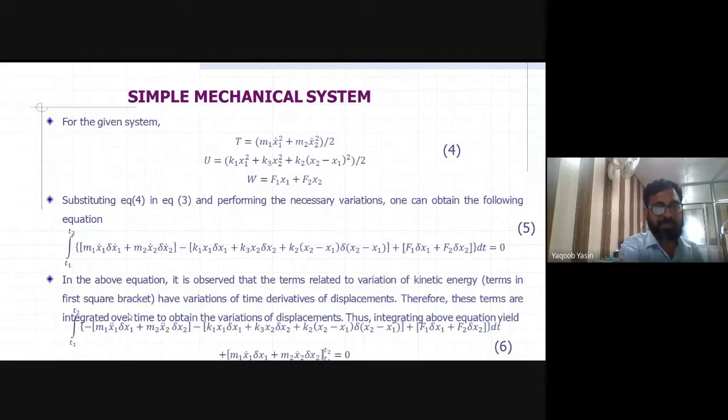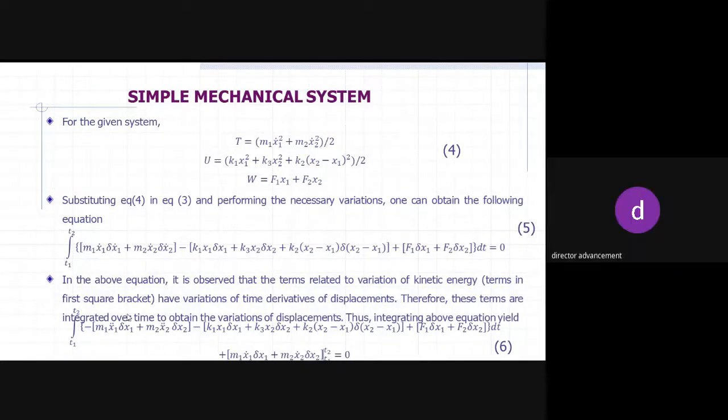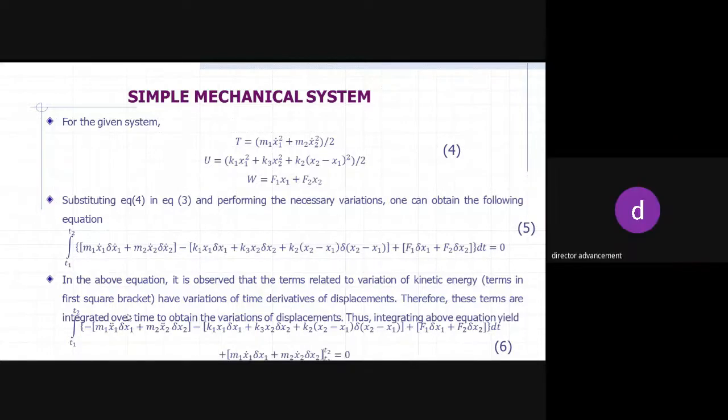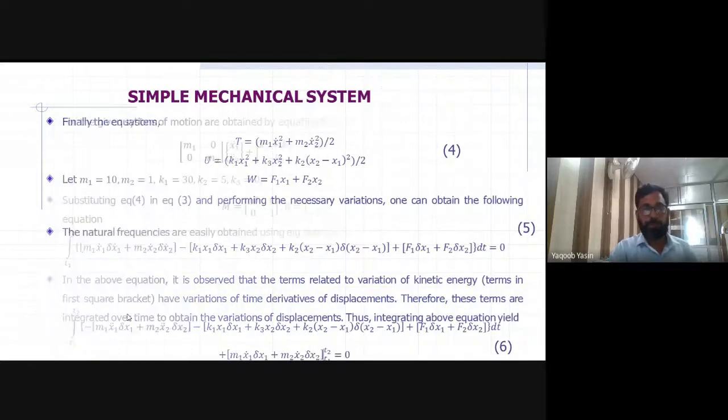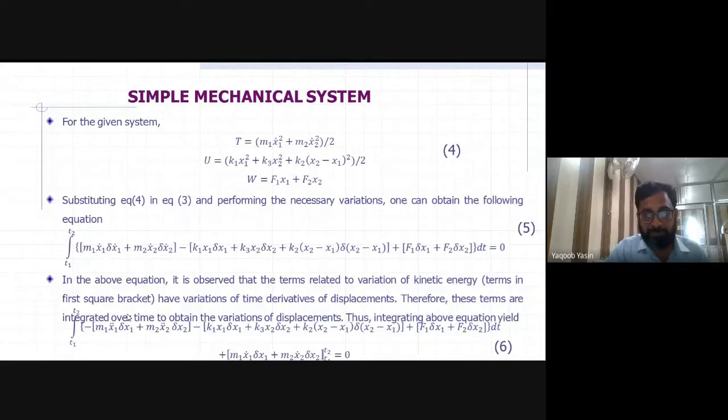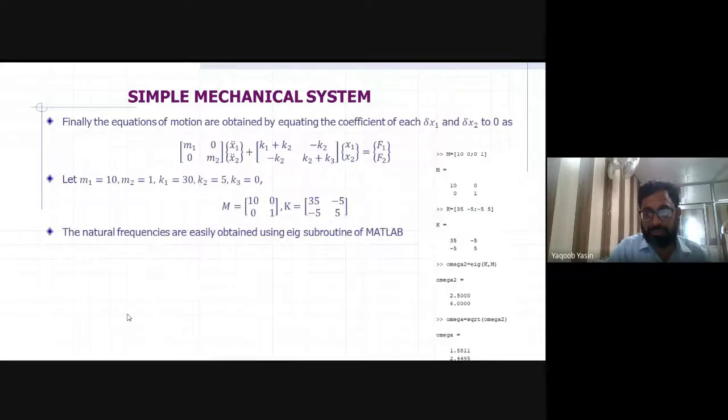So it becomes the first function into the integration of the second function. This is integration by parts. So we have this equation of motion, and the last part, because we are finding the displacement at known times t1 and t2, will be 0, because it is known and the variation of a known quantity will be 0. So finally, by collecting the coefficients of different variations in the previous equation, equation number 6, we will be able to find these two equations of motion for the system.